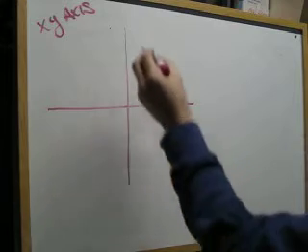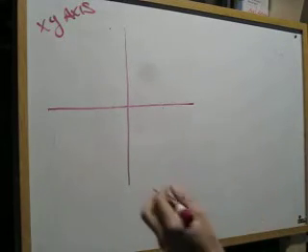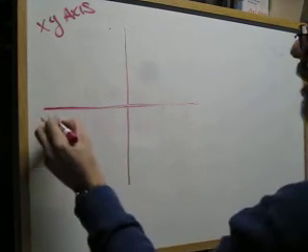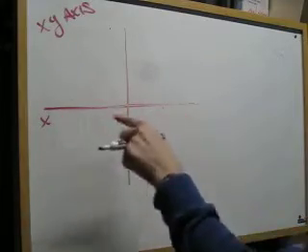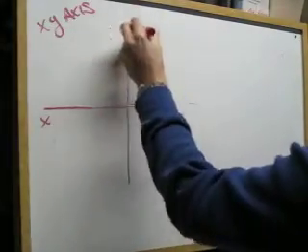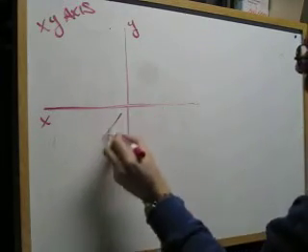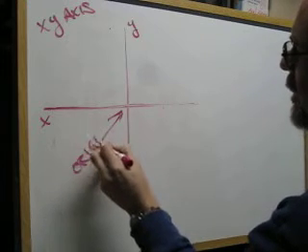But the way this works, we've got a name for a lot of things on here, so you might want to write this stuff down. This line right here, which is just a number line, is called X, the X-axis. It's the X line, it's the horizontal line. This one up here is the Y. So we've got an X and we have a Y. They come together at a point called the origin, O-R-I-G-I-N,